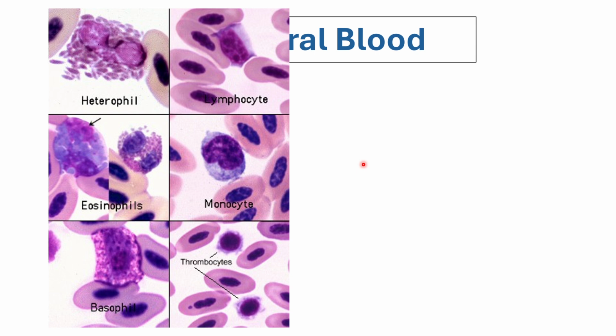And for the non-mammalian white blood cells, again, the key point here is you would have your lymphocyte, eosinophil, monocyte, basophil, and platelets or thrombocytes. But for the neutrophil, it is replaced by another cell, the heterophil. So this is not your neutrophil. Avian, so non-mammalian species, do not have neutrophils, they have heterophils instead.